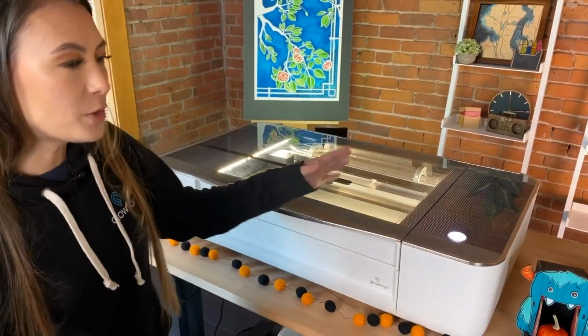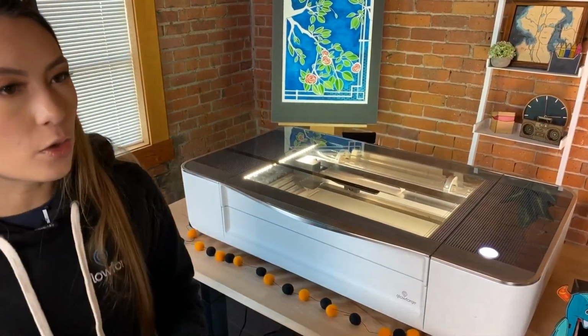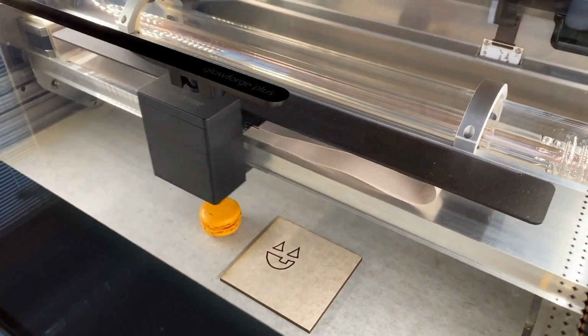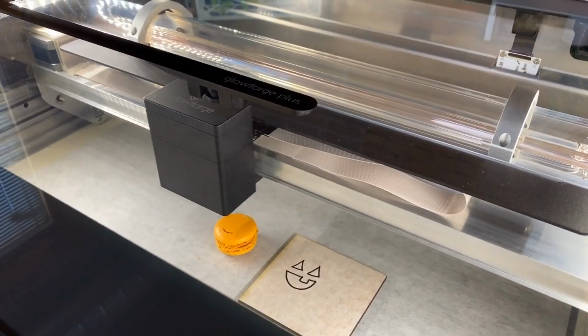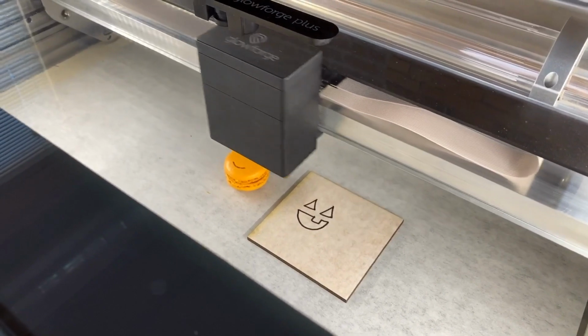So I have one question that I get asked a lot on social media, which is, does every single Glowforge model come with the onboard camera? Oh, that's a great question. The camera is what makes the Glowforge experience magical, and every one of our models, Basic, Plus, and Pro, have that. They have the autofocus, they have the free web software that makes it incredibly easy to bring your prints